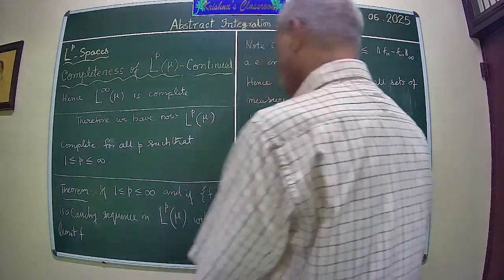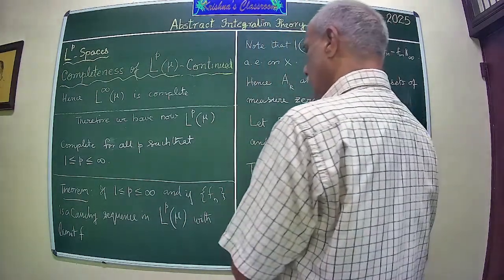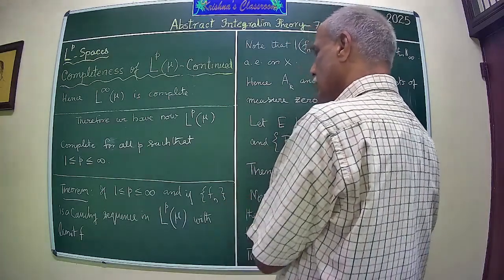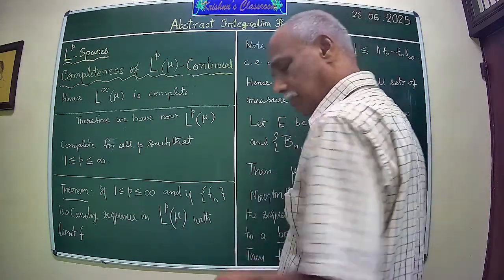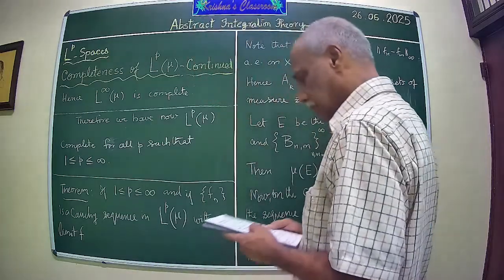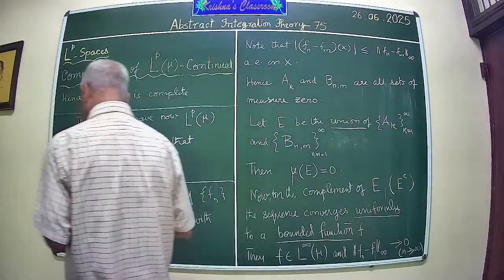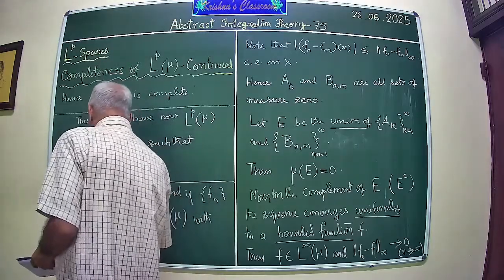Okay, that's how we have proved that this Cauchy sequence converges in L^p(mu), and the limit is given by some f. Okay, so f belongs to L^p. Then